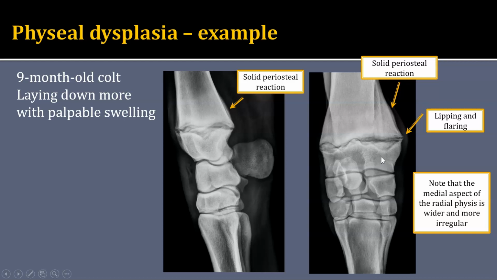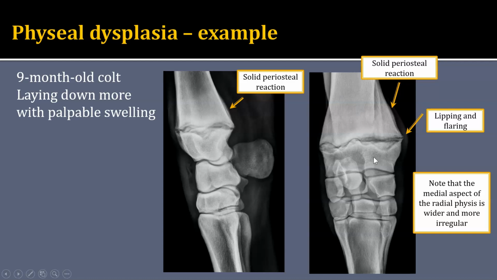I have a lateral and a dorsal palmar view, and the dorsal palmar view probably shows our findings more easily. Notice at the medial side, the physis is quite a bit wider than at the lateral side. This also has this kind of flaring of the metaphysis and epiphysis at the medial side, and even some solid periosteal reaction along here, and then some sclerosis in the metaphysis adjacent to this abnormally wide